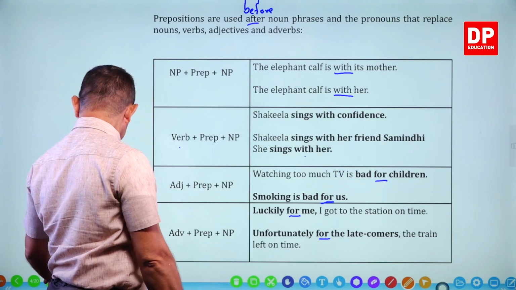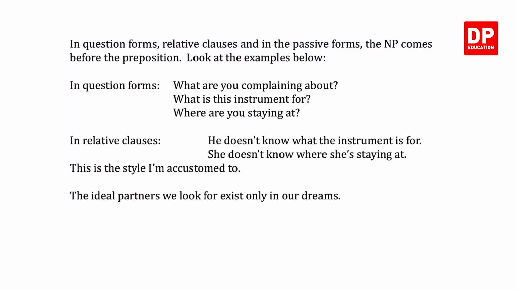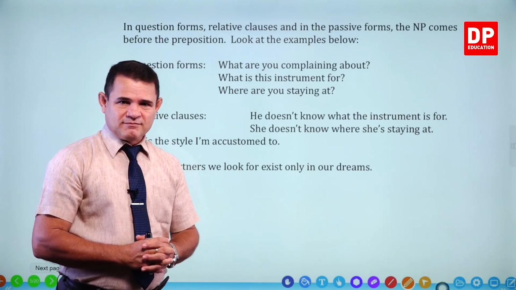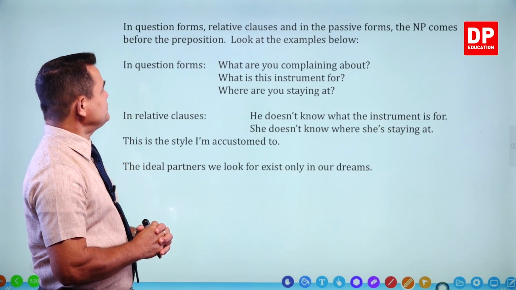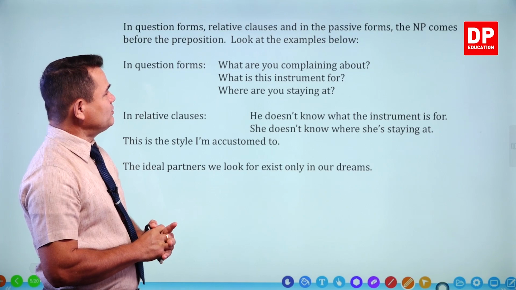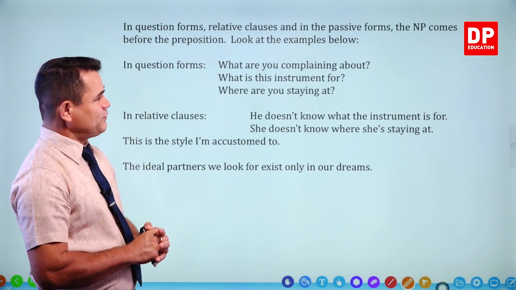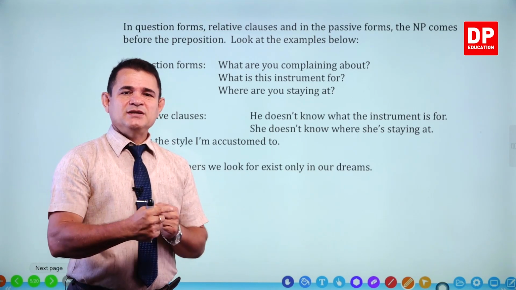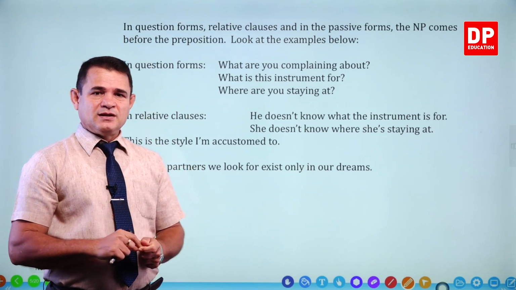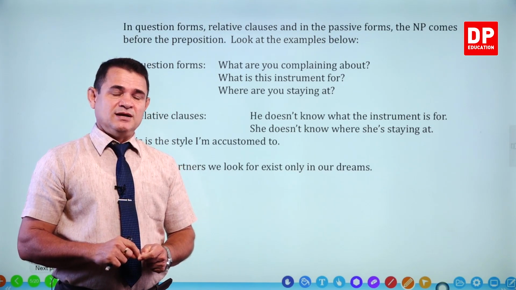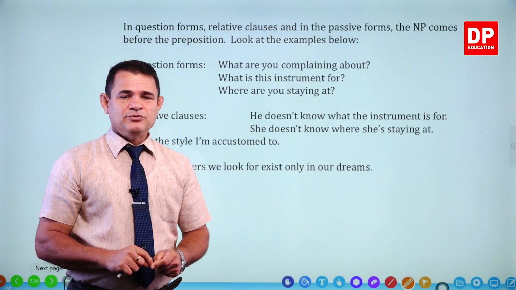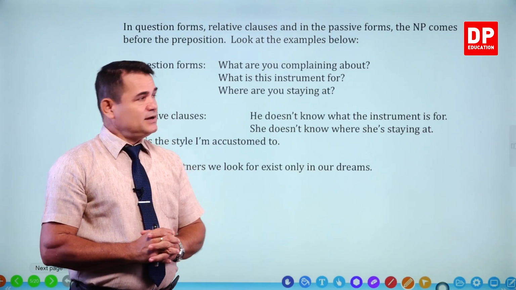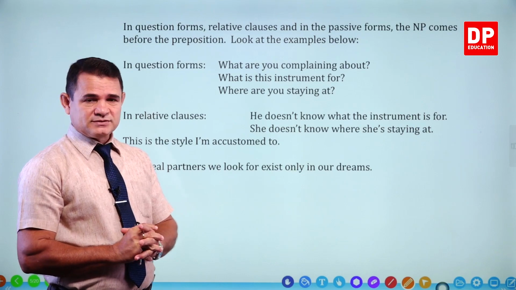Okay, now with that understanding, let's look at the next part of it. Now this is in your textbook. මේකට ඔබේ පොතේ තියෙනවා. පෙරලලා බලන්න. In question forms, relative clauses in the passive forms. Question forms ප්‍රශ්න හදනකොට relative clauses in passive forms. Now relative clauses maybe that you have learnt in the past and I will do that in a separate lesson. මම ඒ ටික විස්තරාත්මකව කියා දෙන්නම්. And relative clauses in the passive forms.